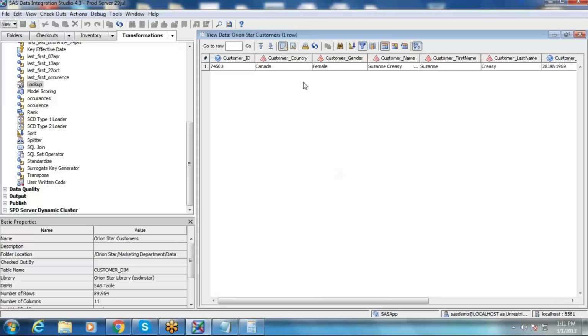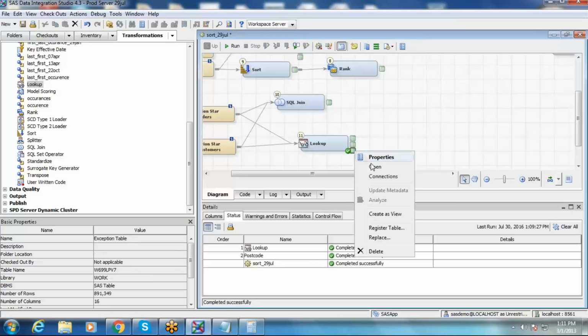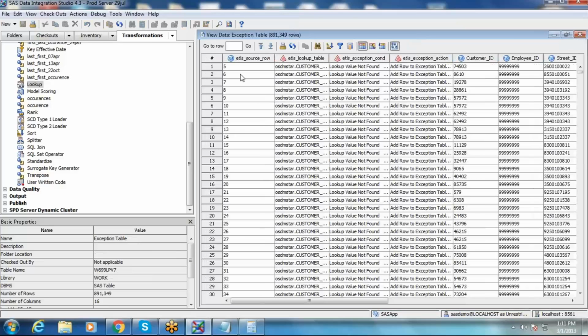Then click on OK. Here you see it is from Canada, not from Australia. A non-Australian record is considered an unmatched record and is routed to both the error table as well as the exception table. Both will have the same strength. Here you can see the same record.